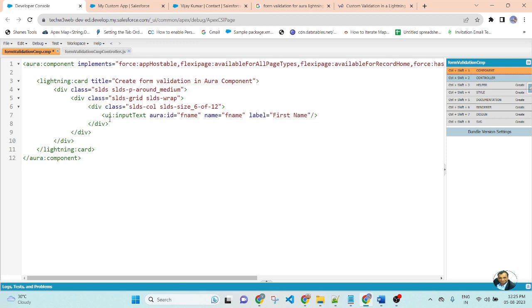So I created one input field: aura:id fname, name fname, label First Name, and value equal to blank.